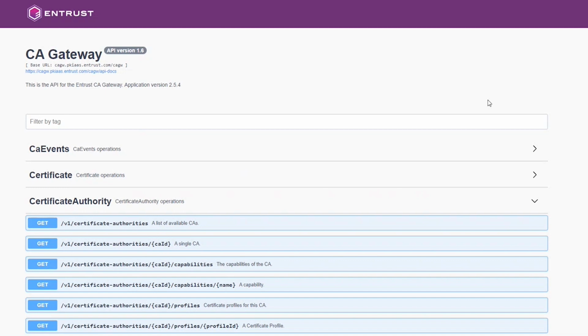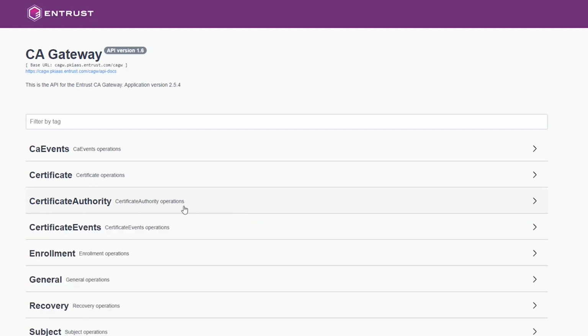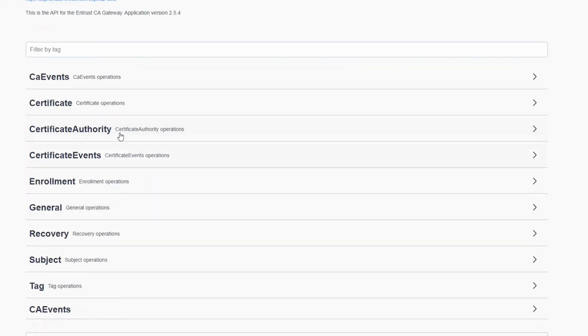CA Gateway today, and that include Entrust certificate authorities like Entrust PKI as a Service, Entrust ECS, which is Entrust SSL solution, and third-party CAs including Microsoft CA and AWS. So this CA Gateway comes with an open API based interface, so it comes with Swagger based documentation which you can refer to, and these are the different endpoints that you can use while